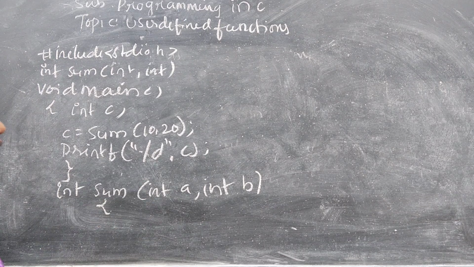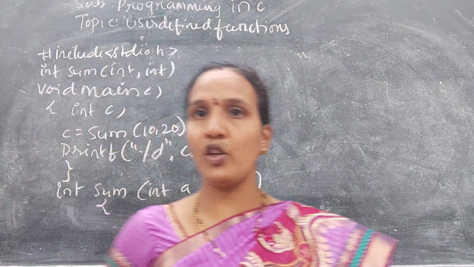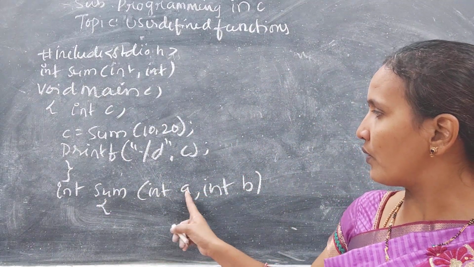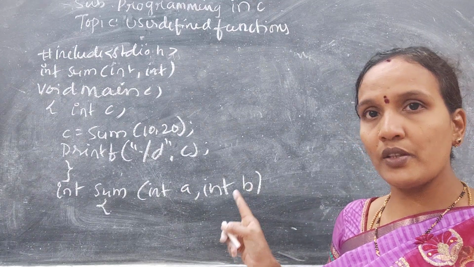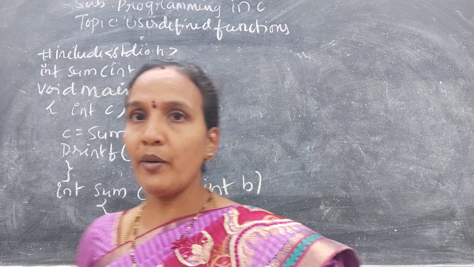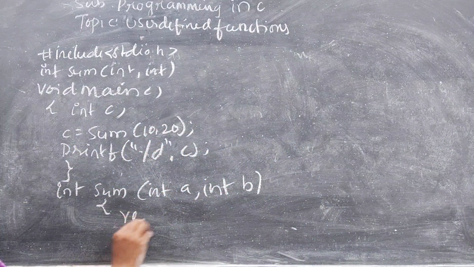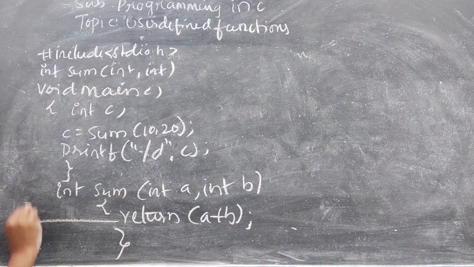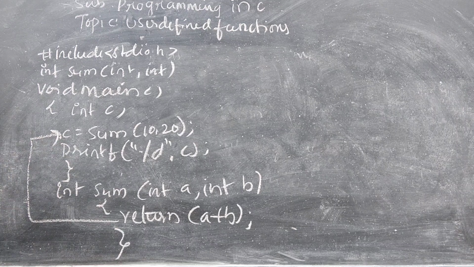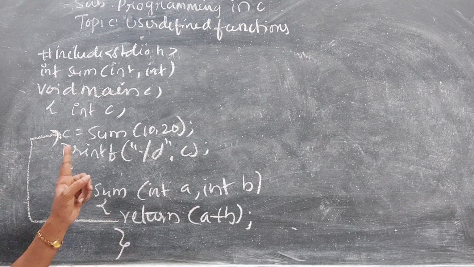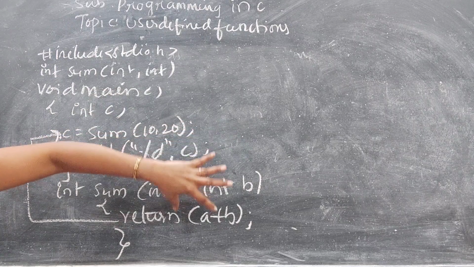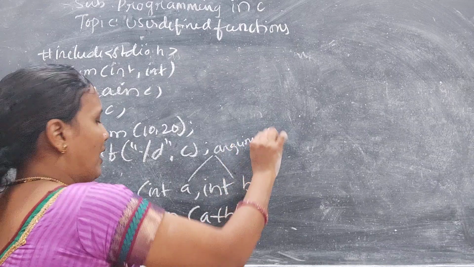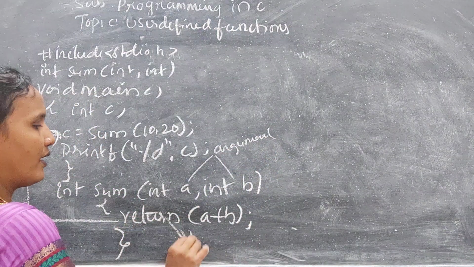Now here, as already said, function with argument with return statement. Here you have arguments 1, 2. Condition is satisfied. Next, you need to discuss about the return statement, whether return statement is there in the program or not. So directly I am giving return a plus b. So this value is stored in the c. It is returning something. Okay. Understood? So arguments are there, return statement is there. These two are arguments and this is a return statement.